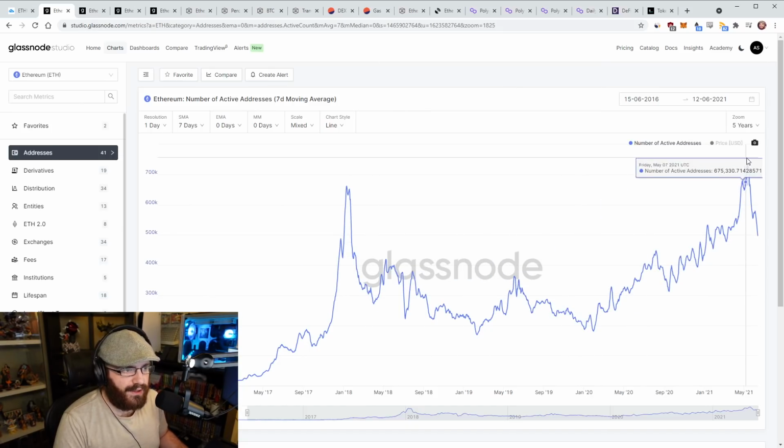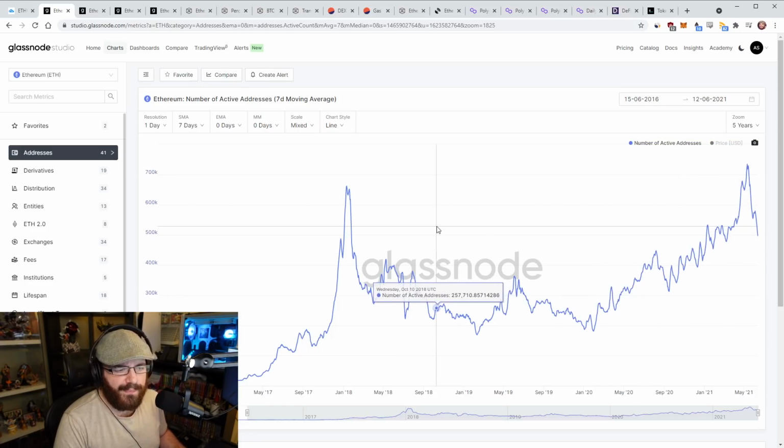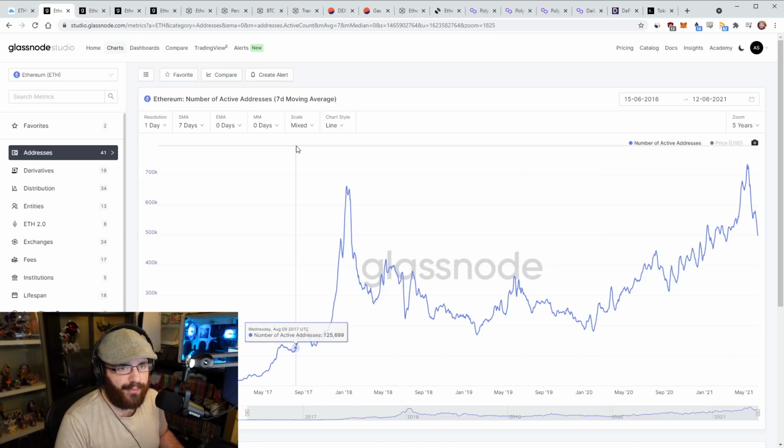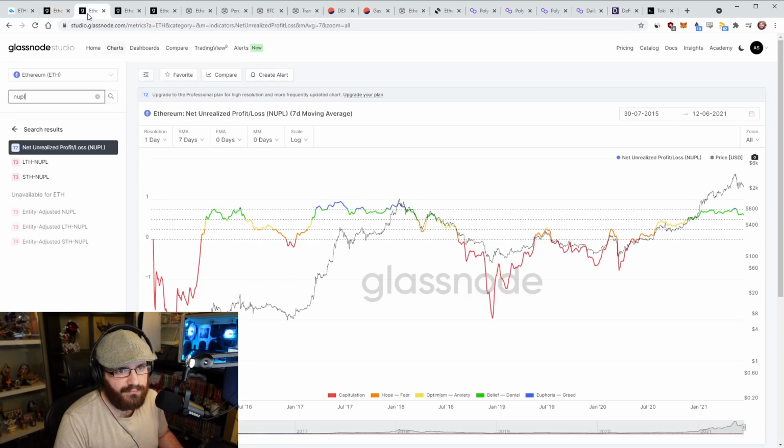So still good to see this. I think we're not at that point yet where most users are on layer 2, so this still has some signal in it, but I think as time goes on, it's definitely going to become more of a noisy chart rather than signal here. So the next one I wanted to look at was the net unrealized profit loss chart